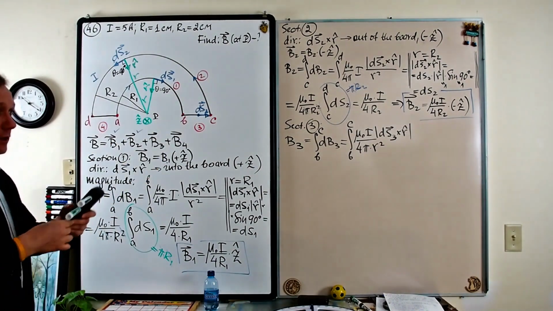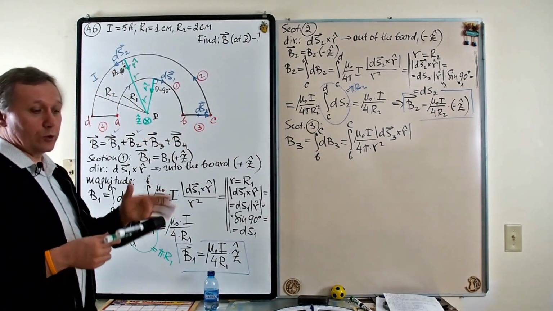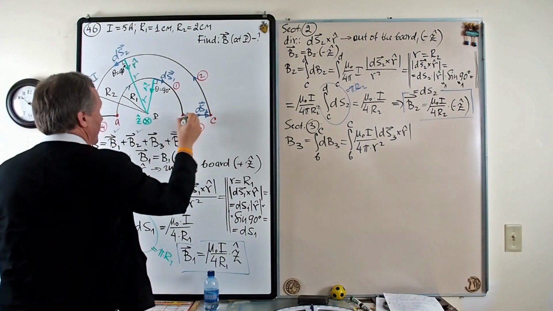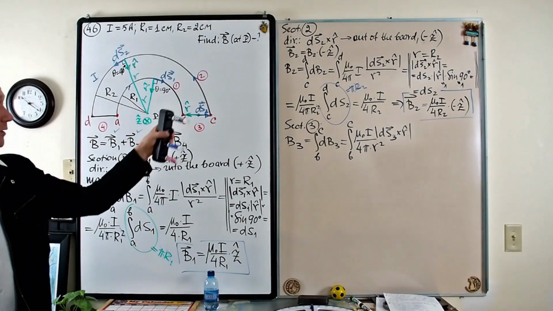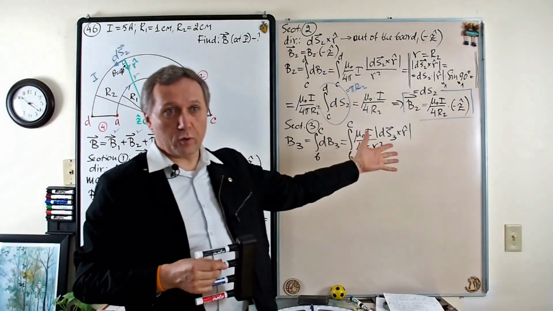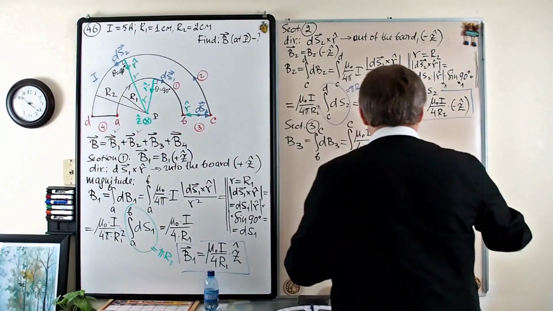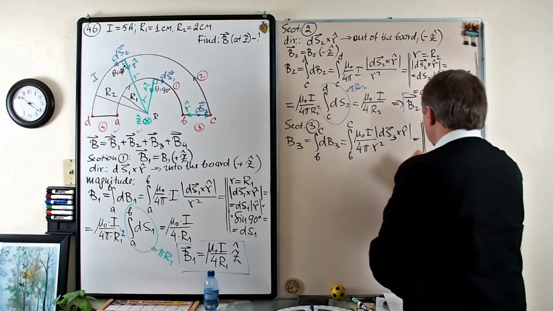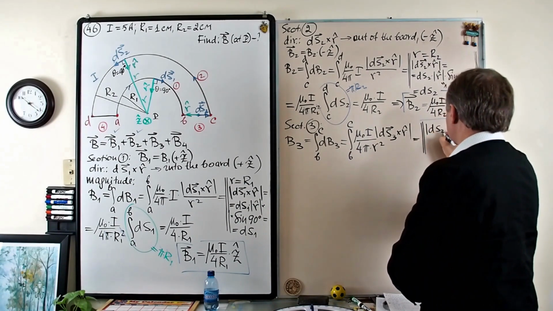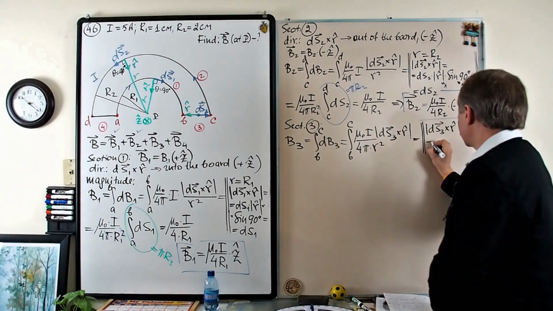Then r hat. R hat gives us the direction from ds to the point where we want to find the magnetic field. So this is ds, and the direction to the point P is this r hat. So you see, these two vectors are anti-parallel, they point in opposite directions. Of course, the cross product of two anti-parallel vectors is going to be 0. Let me open my explanation box and rewrite this part of the integral. So ds3 crossed with r hat, absolute value, equals